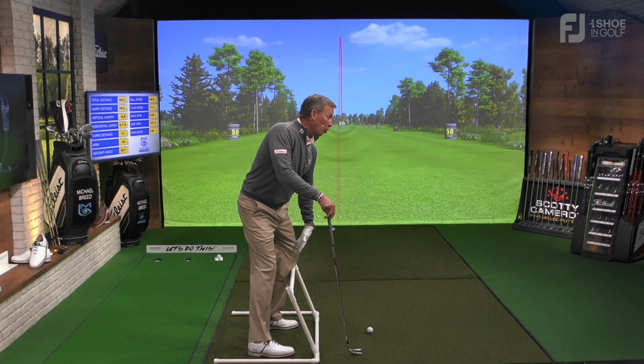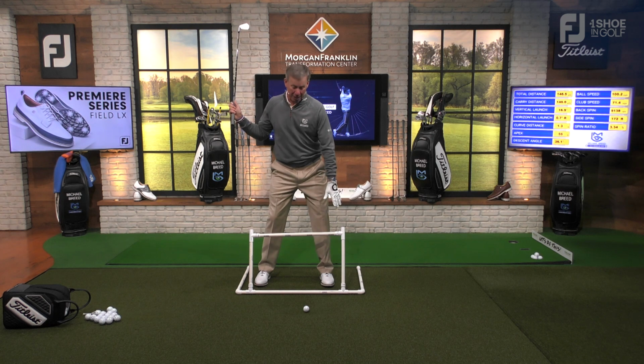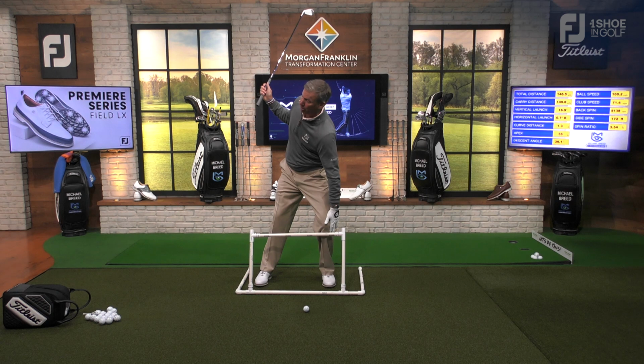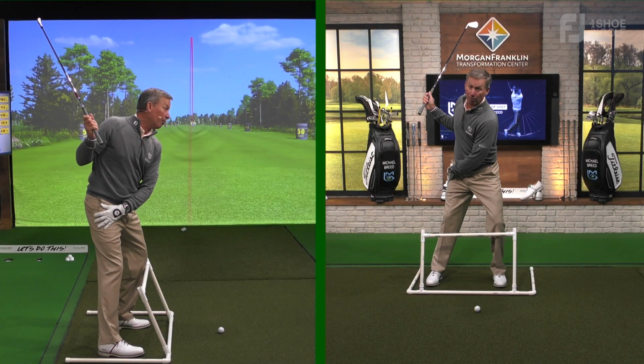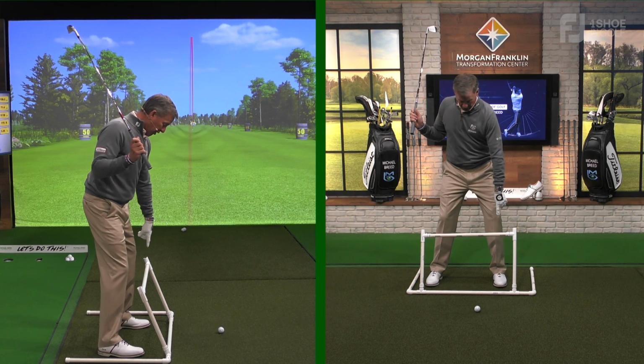So if you go face on here, Gibbsy, if I make a backswing and my lead knee goes right towards the ball, I'm going to hit this bar right here. And I'm never going to load the trail heel. And I'm never going to get the distance that I want. So when I have that there now,